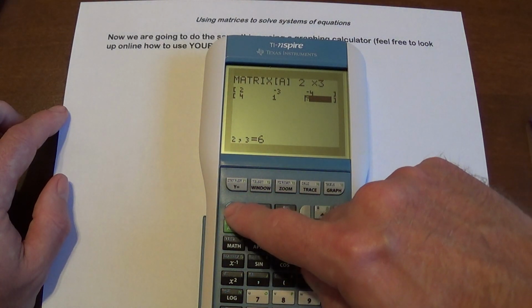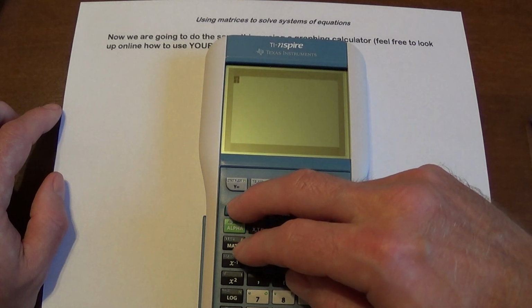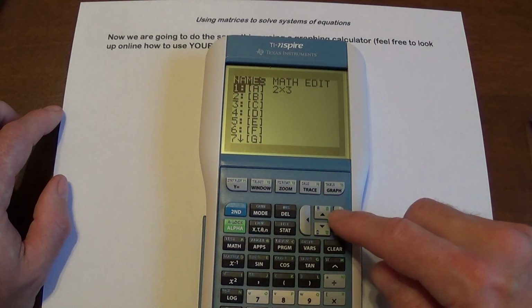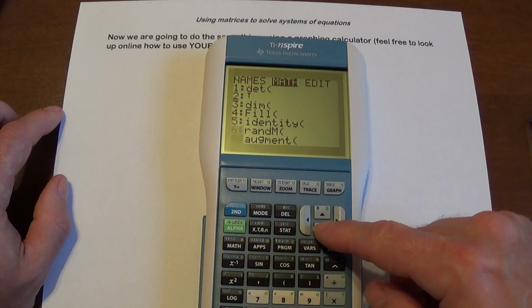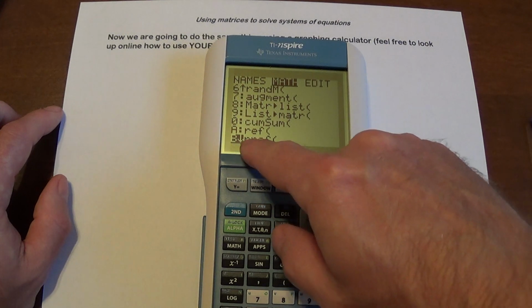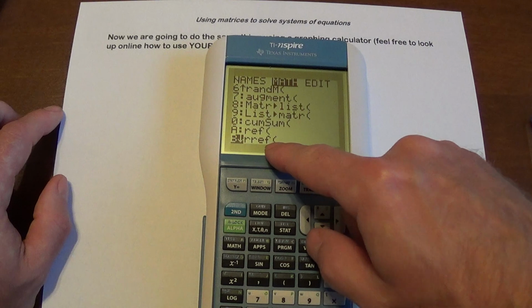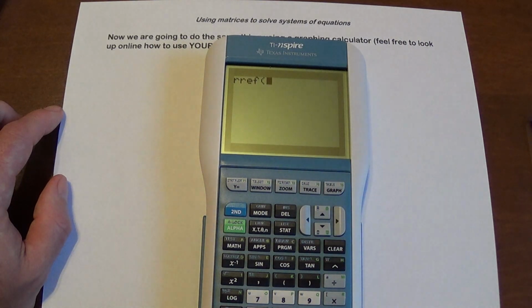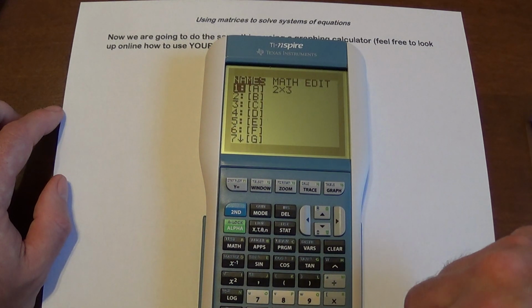So what I'm going to do next is press second quit, because now I need to go back into the matrix menu, but I need to select a different part of that. Now I'm going to go to math, and I'm going to scroll down until I see what I need. And I need this option RREF, which stands for Reduced Row Echelon Form. So if I select this, and I go back to the matrix menu and I select my matrix,